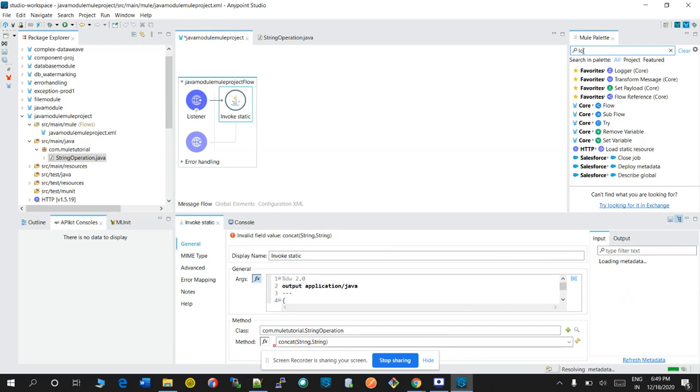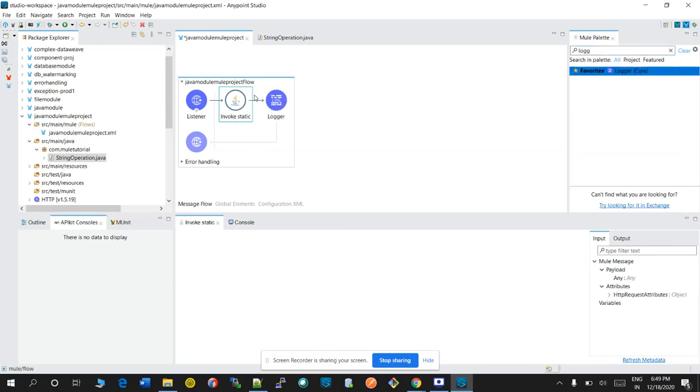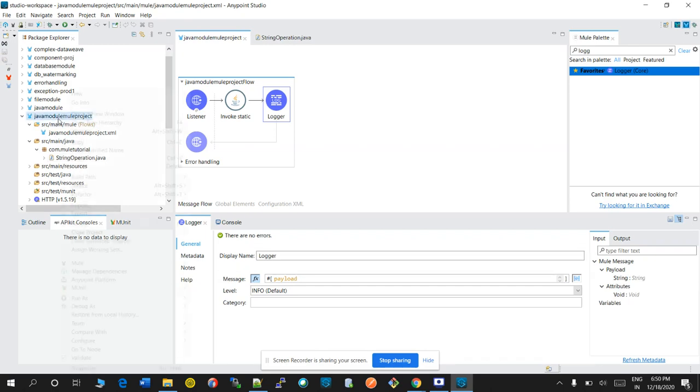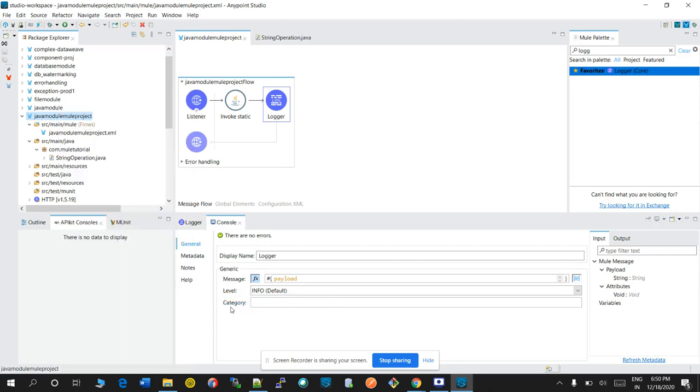Add logger to track the log. Click save. Now execute this project. Run as Mule application.